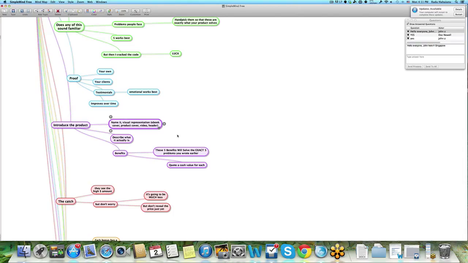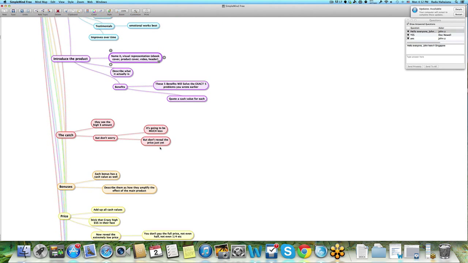Then you add all those numbers up, and your readers will see this very, very high dollar amount, and they'll panic. Well, wait just a moment, I don't have hundreds or thousands of dollars to pay for this course. But then you say, don't worry, it's going to be much less, but you just don't reveal the price yet. You let them think that it's a very, very valuable product that you're offering for a very, very cheap price.